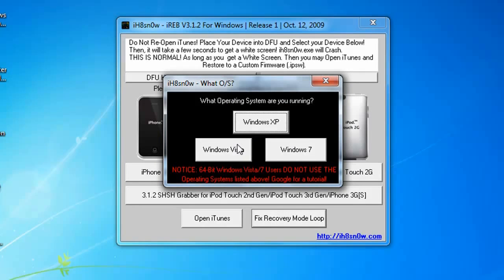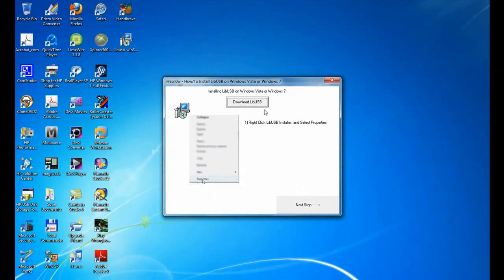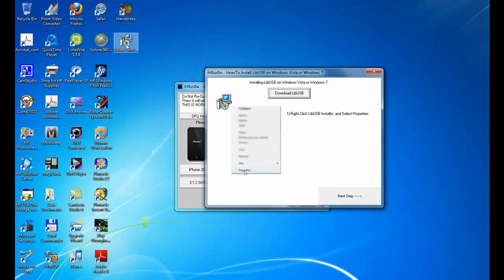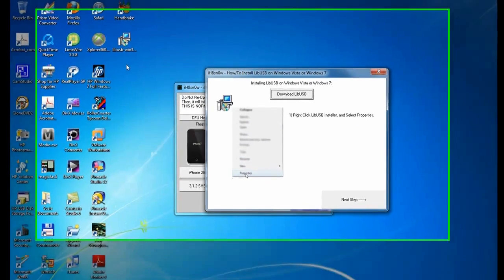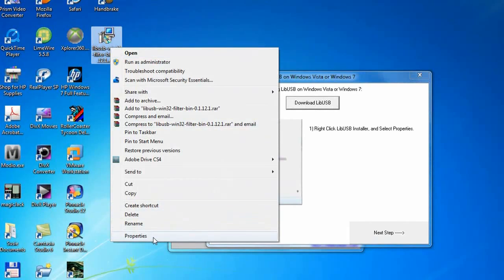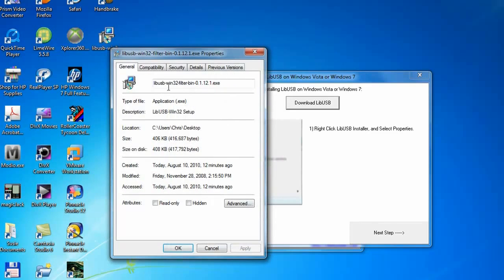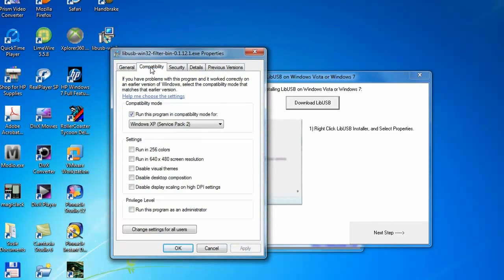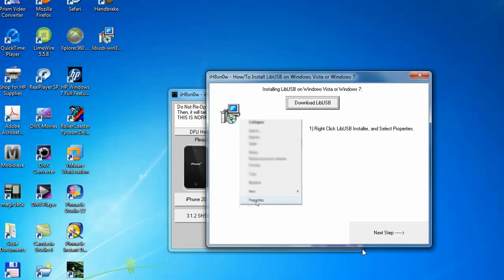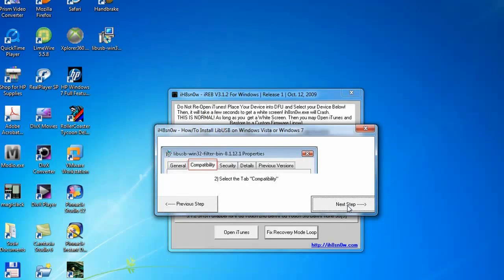It's going to ask you for your operating system. You go ahead and choose what operating system. In my case, it's Windows 7. You'll then click this link to download it, which I've already done, as you can see up here. Okay, and then you're going to right click, go to Properties, go to compatibility, check run this program in compatibility mode for, and then check Windows XP Service Pack 2 and hit OK. Okay, and once you've done all that,